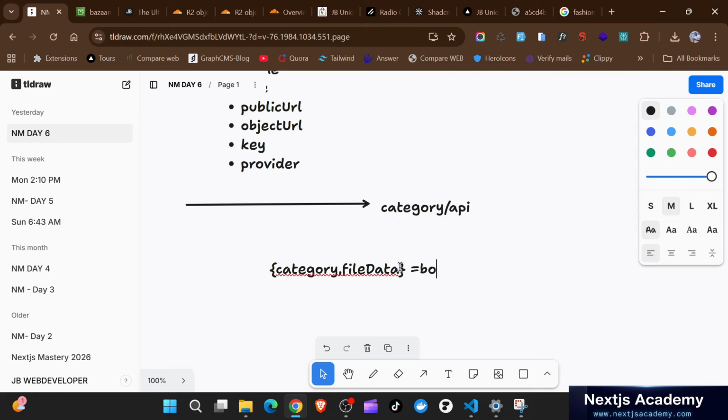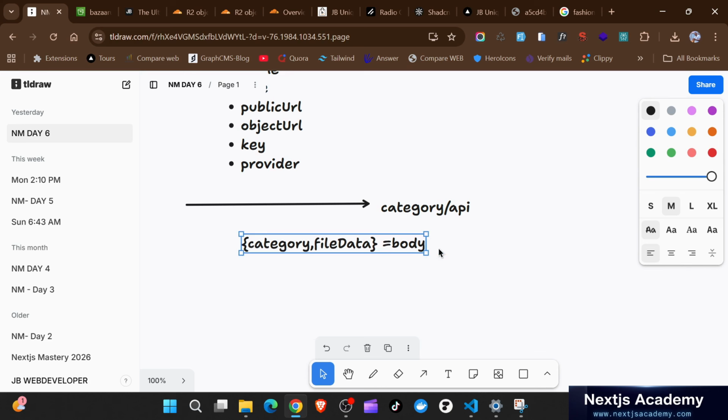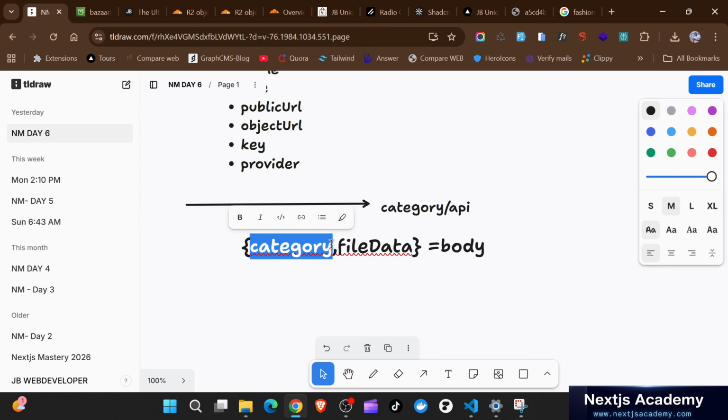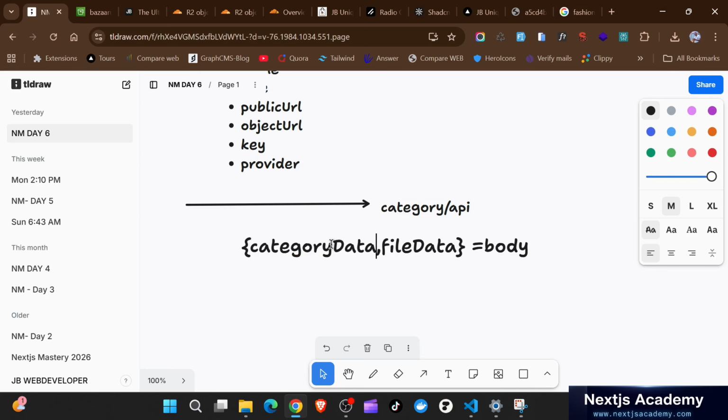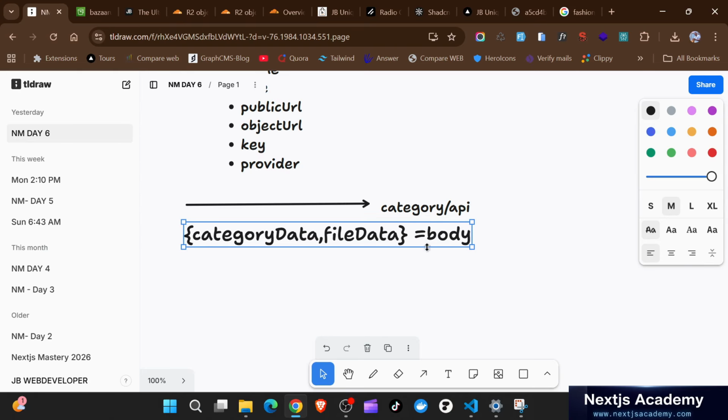Since there is no relationship between this, because in the category data, let's say this one is going to be called category data. So in the category data that we are sending to the API, I need to have the image. Specifically for the image, I want this to be built in such a way that I can keep some more data in it. I'm just going to have, for example, public